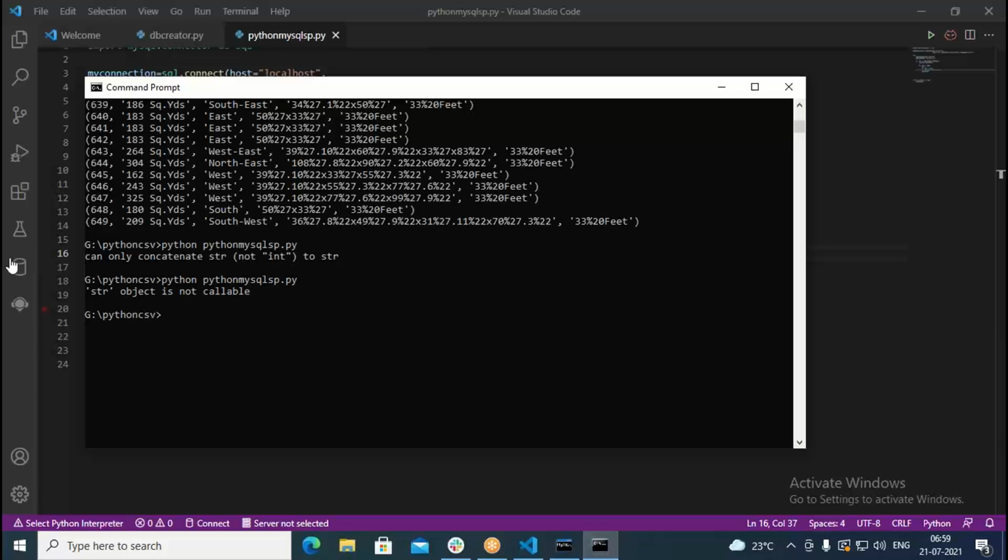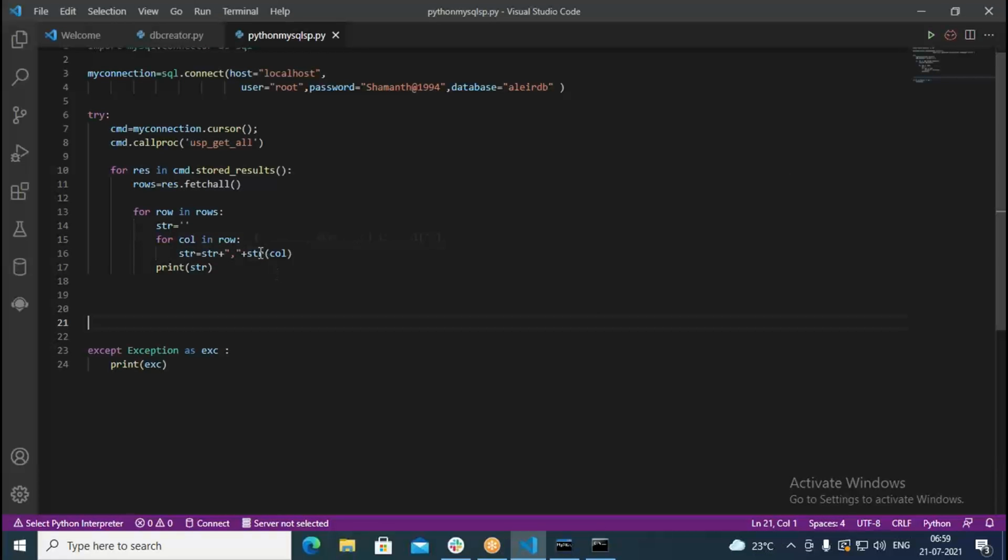It says str object is not callable. So this is str followed by a conversion call, which is nothing but number. Every time we cannot be calling that.